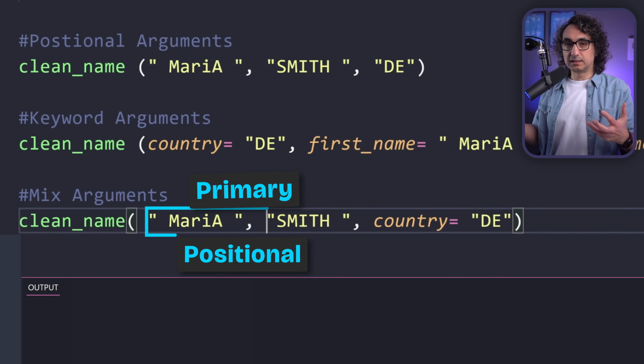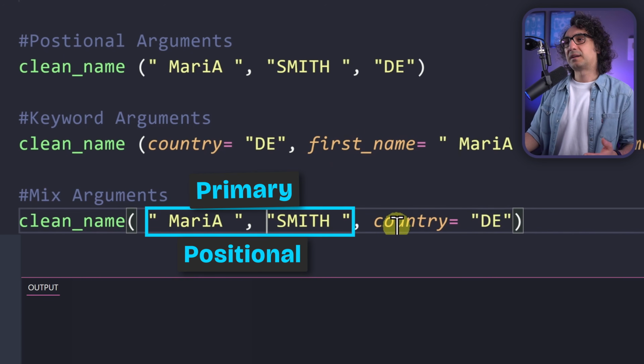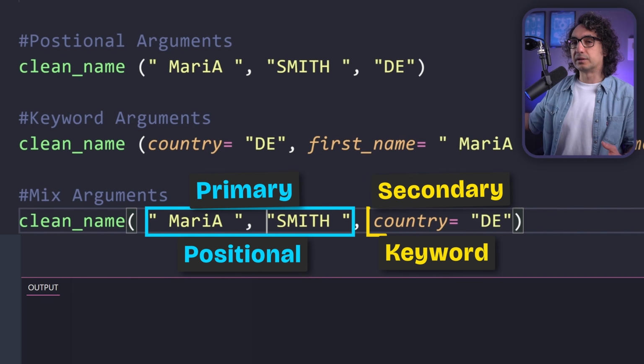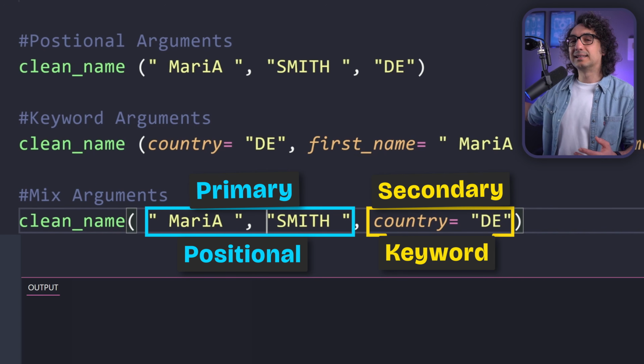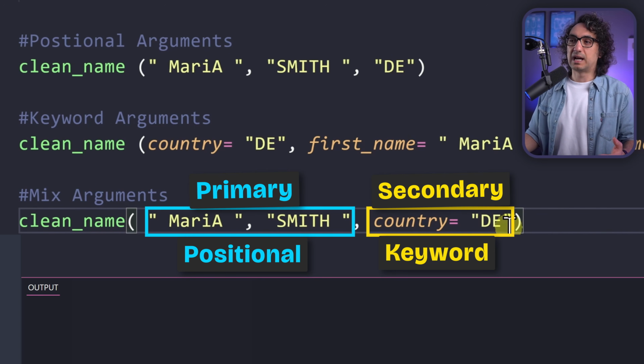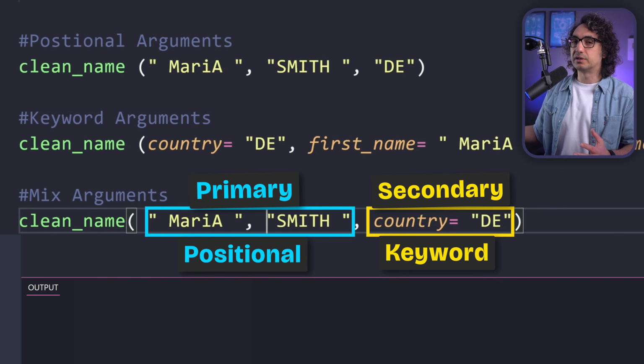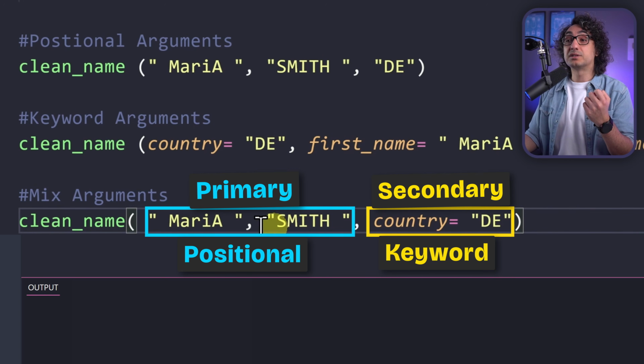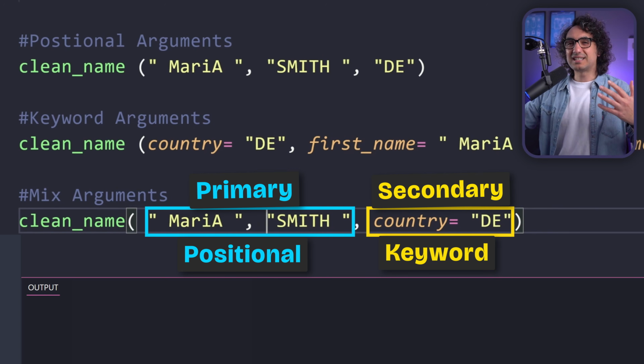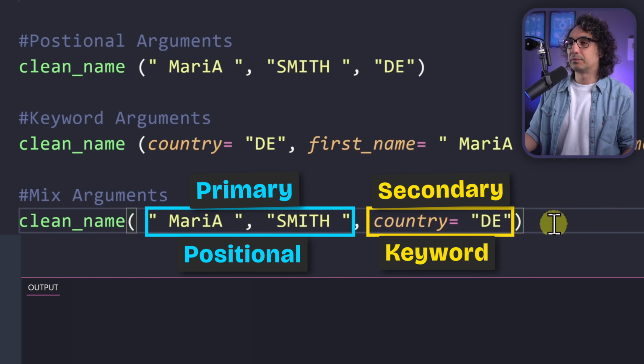So this is the identity of the person and the most important thing in the function. But the country is something secondary. It is context, extra details about the person. So for example, if you have a phone number or an email, all those pieces of information are secondary to the main important information, the first and last name. So it's just a styling thing, a luxury thing to understand what is primary and what is secondary.